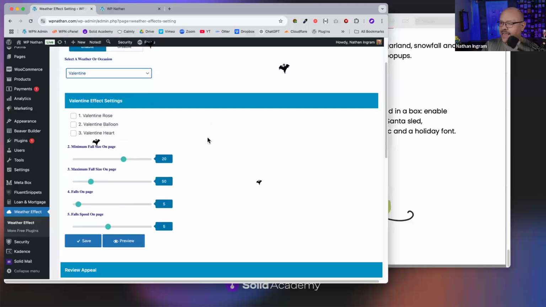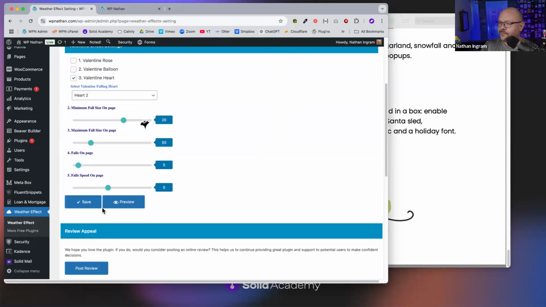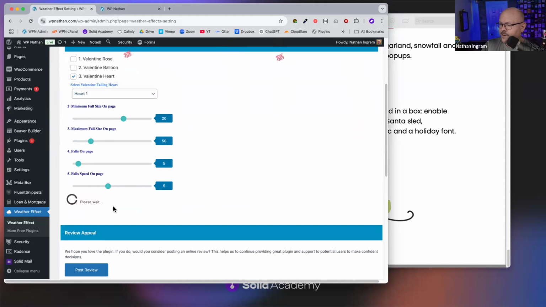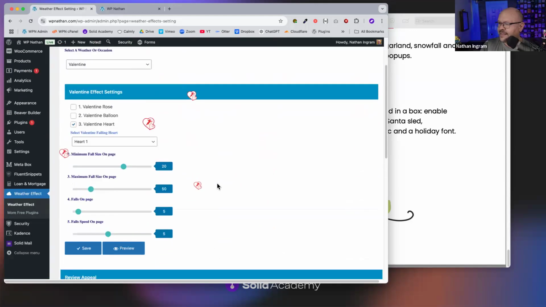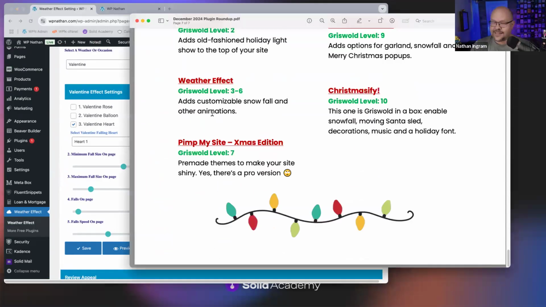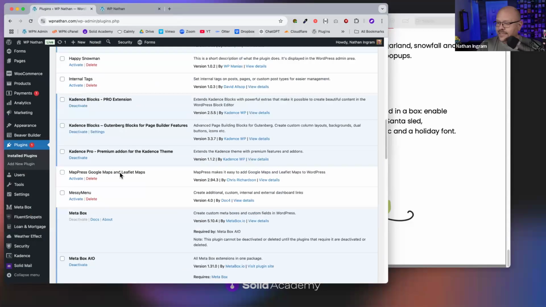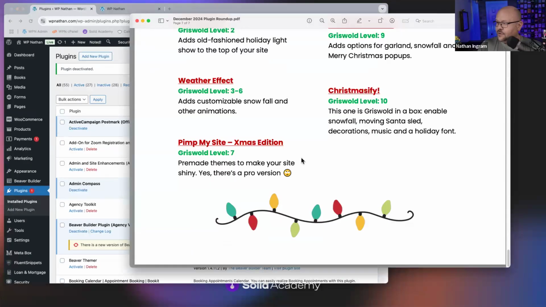Also Valentine's Day, New Year, etc. Let's do a Valentine heart. Ooh, that's ugly. That's not even a heart. There we go. Look at that. Isn't that something? Okay, anyway, that is weather effect. Can be a very simple snowfall all the way up to full Griswold level 6 or higher, depending on your choices. Well, let's move on to our next one, deactivating weather effect, and moving on to